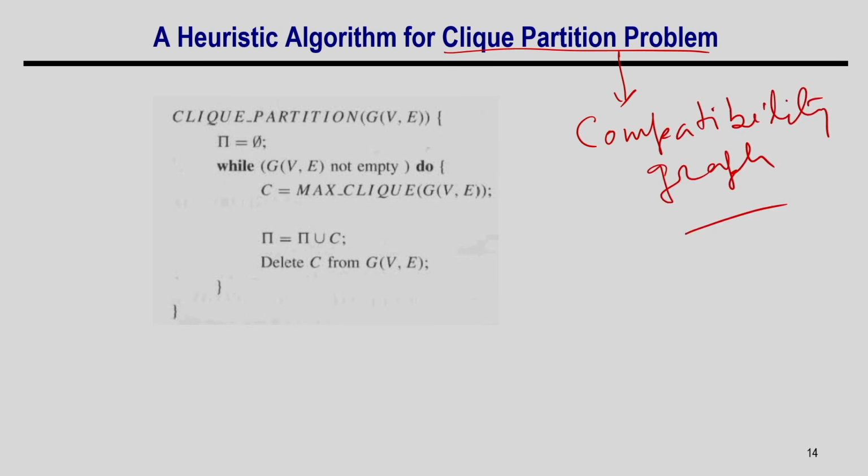This actually applies to the compatibility graph and to its complement graph, where we use the graph coloring problem. But since the problem is dual, if I can solve one of them, it solves both. So, what is this clique partitioning problem? The problem is that you are given a compatibility graph. The compatibility graph has a set of nodes corresponding to each operation, and whenever there are operations which are compatible, that means they are executed in different time steps, there is an edge.